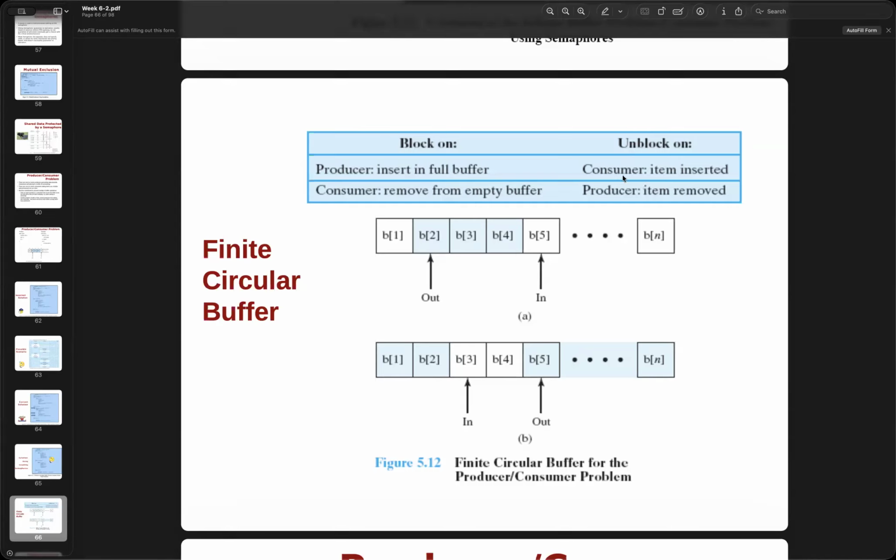So let's say we have the consumer, and there's an item to insert, so then we can do that. Or the producer here, if we try to remove it, then we can do it. Okay, so if we can remove from the empty buffer, we need to do that. Either way, if we want to block it,